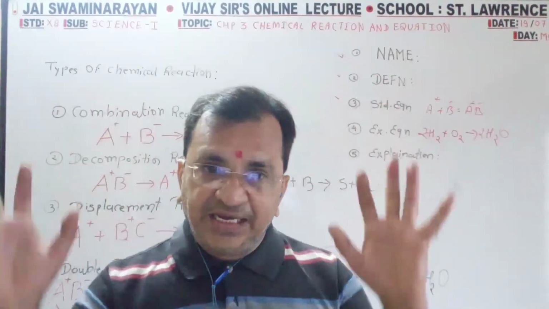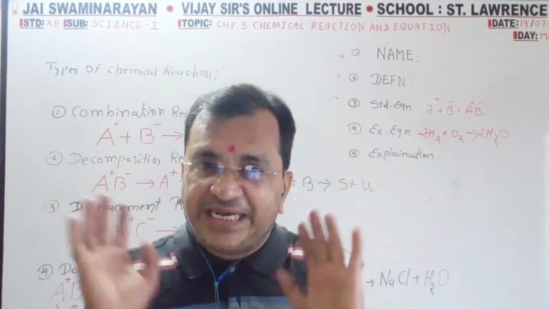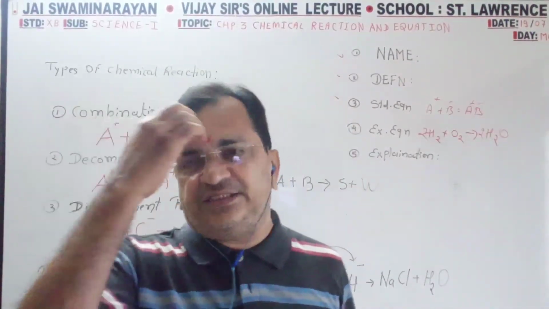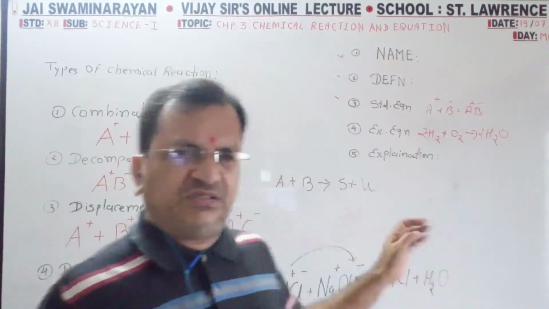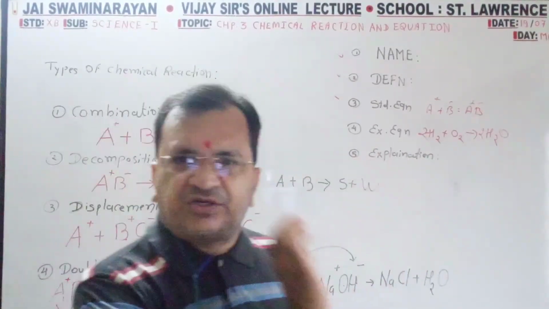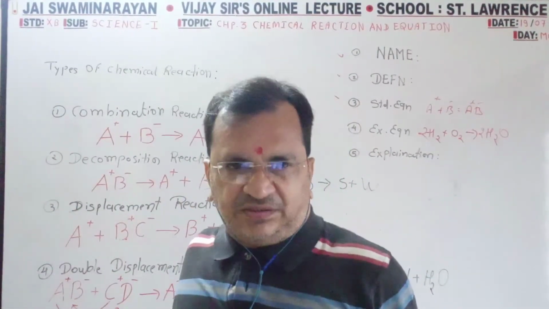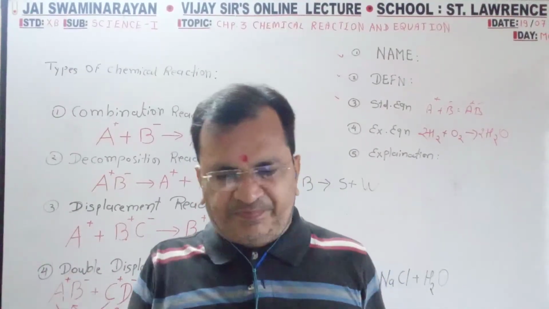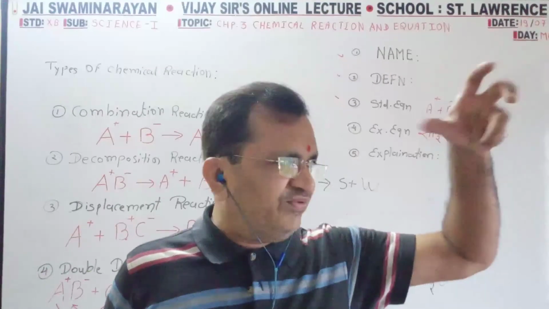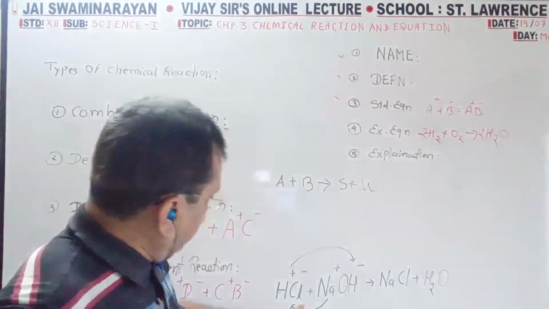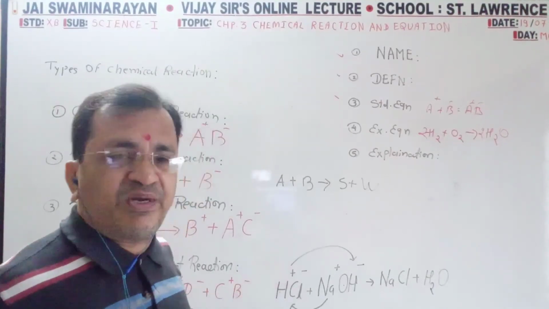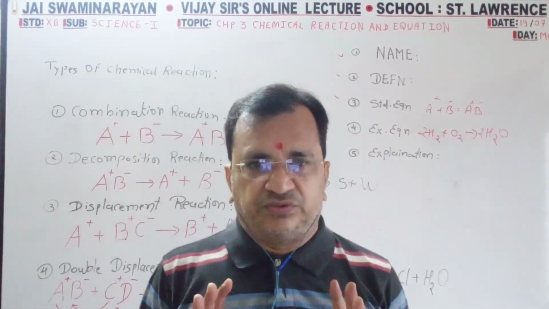So 5 things I have cleared, just 5 things. So in these 5 points only you have to write the answer for any of these. This fifth one is included in this only, but neutralization is a separate topic. The type is this, but the definition is separate, a separate definition, a separate example. That is why I have explained this example, so that you can include it in both double displacement and neutralization.